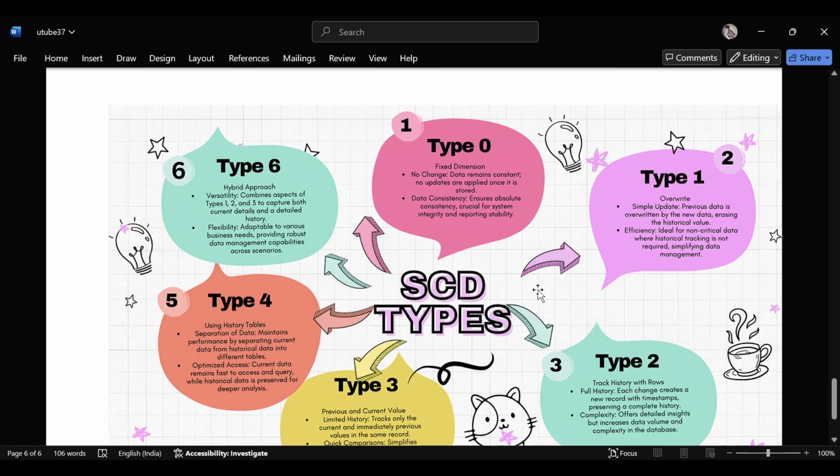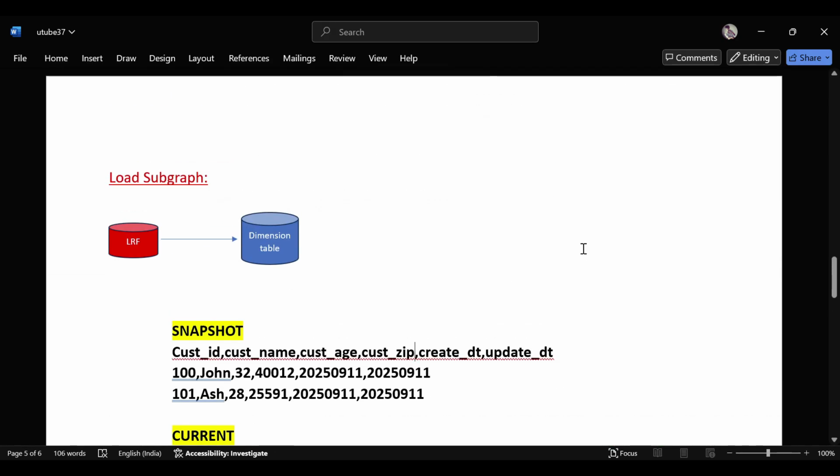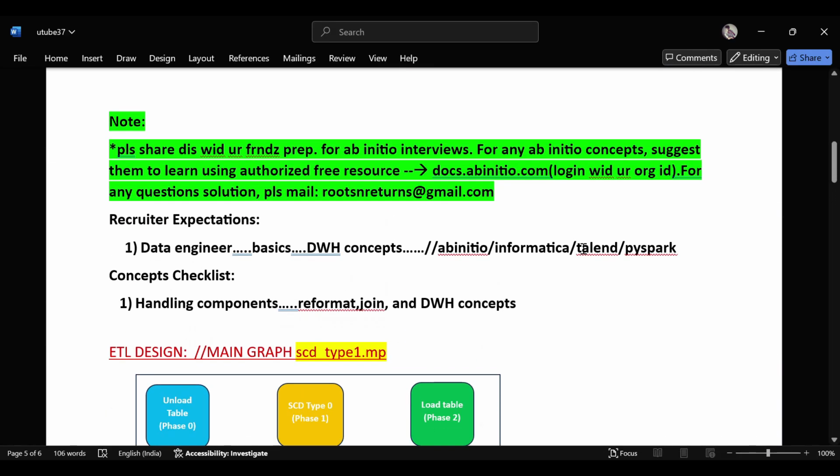You can just view this on the internet, and you can study with an AI chatbot as well. I'll start with the first topic. The expectation would be data warehouse concepts. This topic is highly important in all the technologies